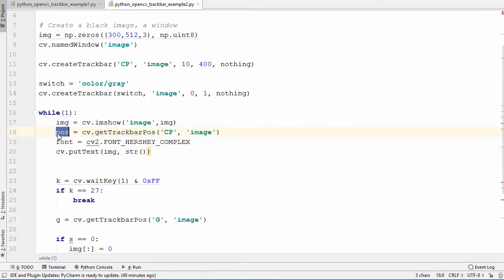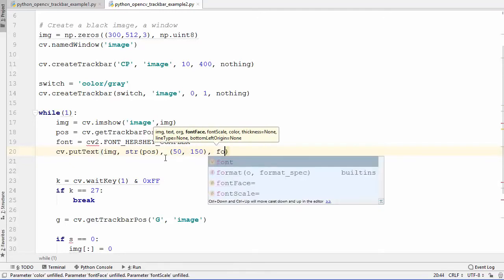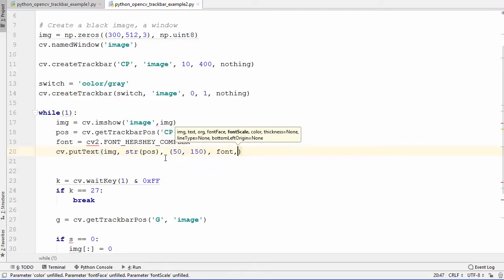This is the position, and because it's a number we need to convert it to a string using the str method, and then the position at which you want to show this text. Let's say it's 50, 150, and then next is the font, so I'm going to give the font, and then the next value is the font scale, which is 4, and the next value is the color of the text. Let's say the color here will be 0, 0, 255,